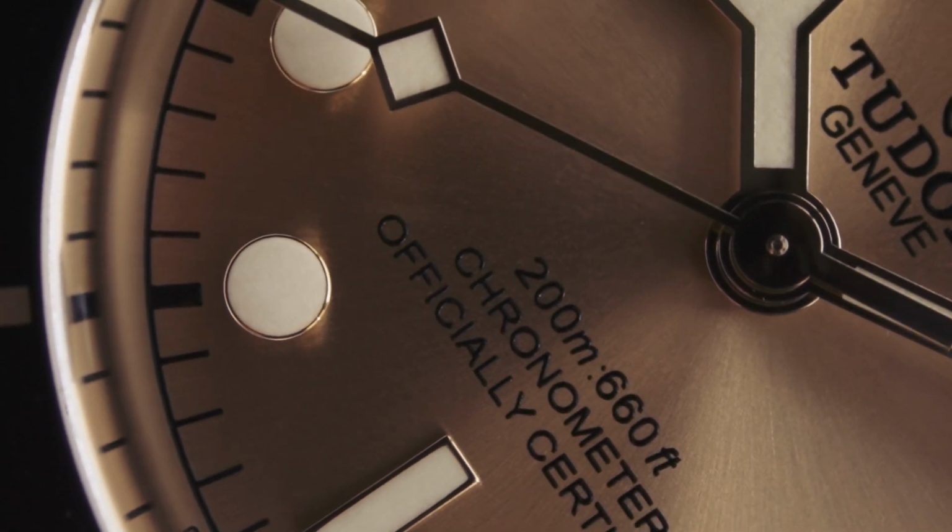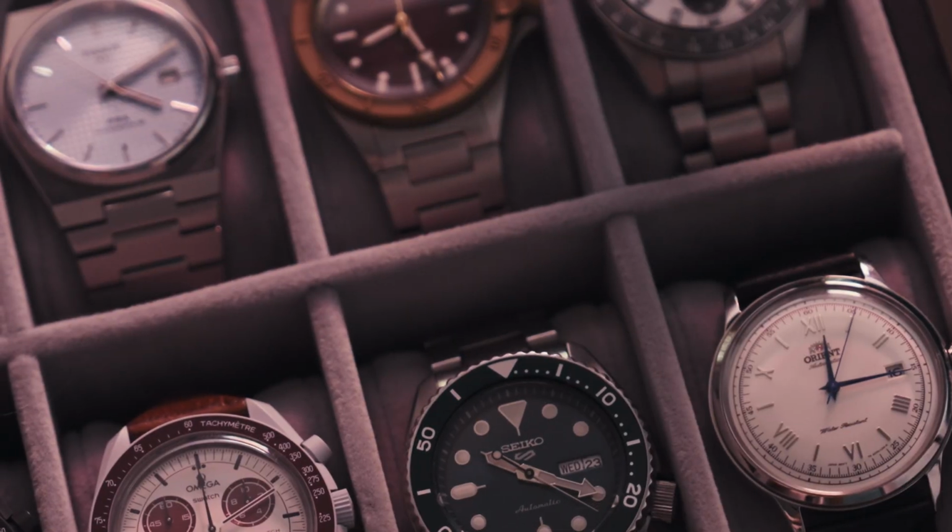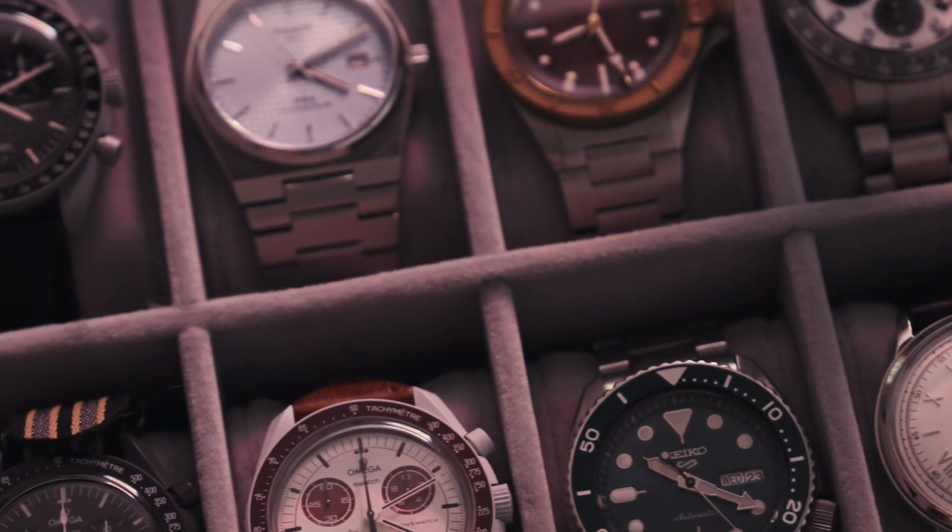Over the last few years, I've managed to collect around 12-ish watches, and I don't know if you're like this, but oftentimes I think, am I going to keep all of these for the rest of my life? As collectors, there are so many reasons why, whether it's emotional or calculative, impulse or premeditated. To be completely honest, all of it is a bit unnecessary, but you can't be a collector of anything and